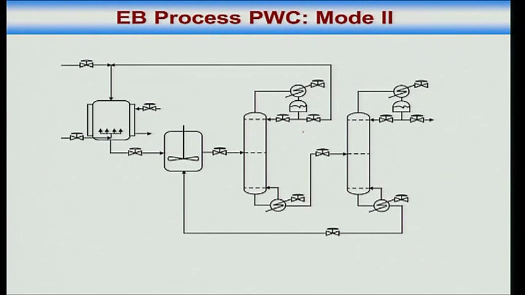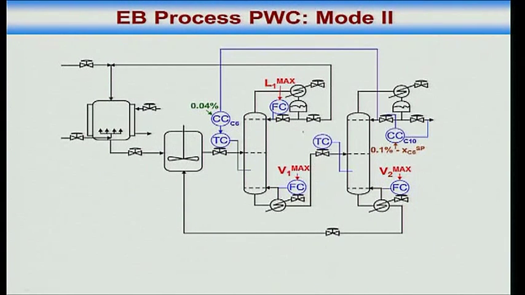Mode 2, max throughput. What are my active input constraints? These are active, so I keep them at max. All right. I need to control my product impurity, right? So what am I doing? I am controlling a tray temperature in the recycle column here. This tray temperature is controlled by adjusting the feed to the column. Why am I using the feed? Because boil up is already max, I am not allowed to change it. Reflux is also max, I am not allowed to change it. So this is what I am doing. And then